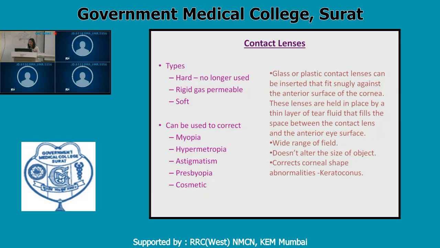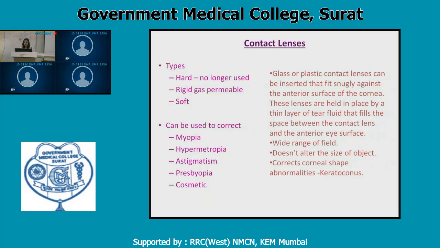Another advantage is that it corrects the abnormal shape of the cornea, especially in cases of keratoconus, because now this lens is anteriorly placed, so the cornea is no more the main refracting surface, and this lens, which is in tight contact with the cornea, corrects that error of the abnormal shape of the cornea.